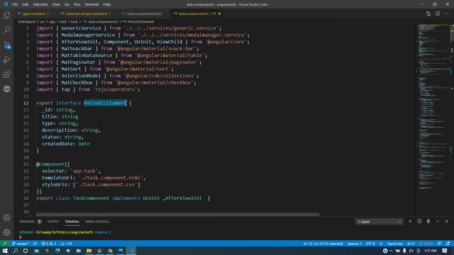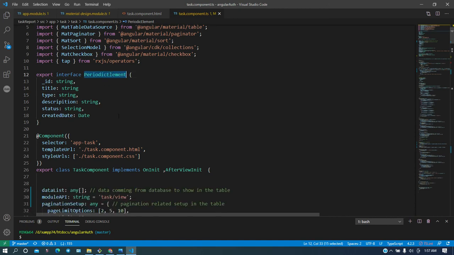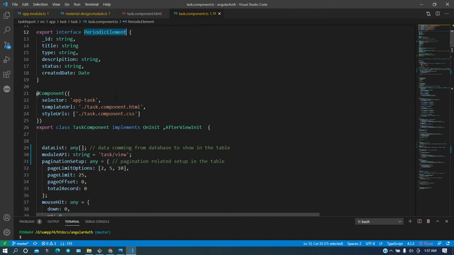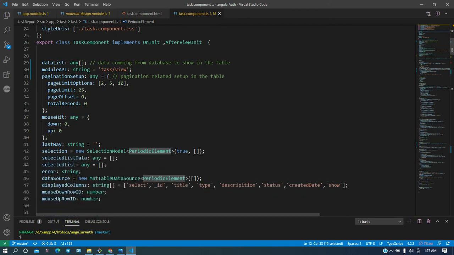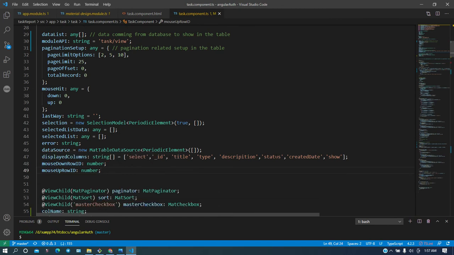We have declared an interface, PeriodicElement, meaning how the data will be structured. Second, you can notice here the displayedColumns, meaning which columns I want to display. I have provided this variable; in this variable an array is available, and in this array the columns I want to display are available.